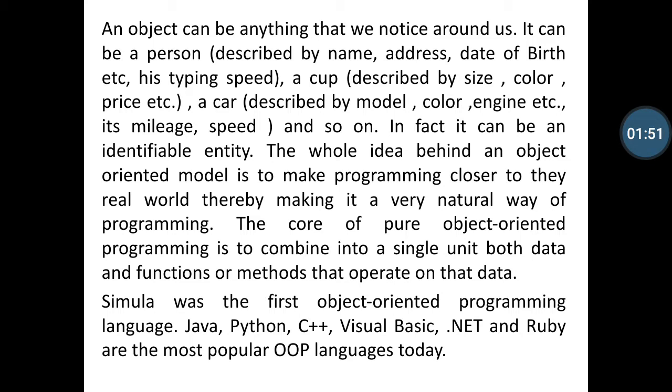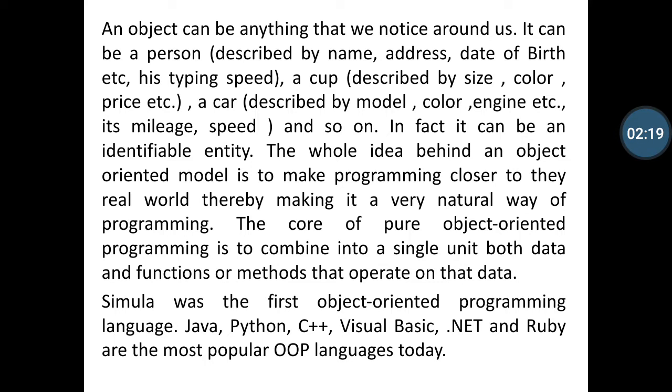The second example is a cup described by its size, color, price, etc. A car is also an object described by model, color, engine, its mileage, speed, and so on. Many objects in the real world can be created as objects in object-oriented programming. In fact, it can be an